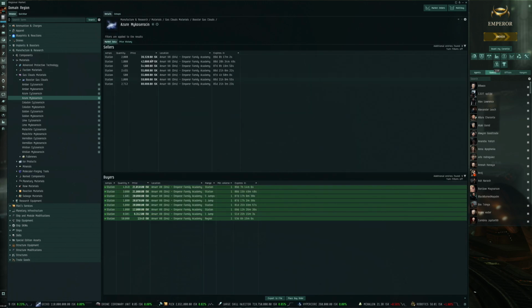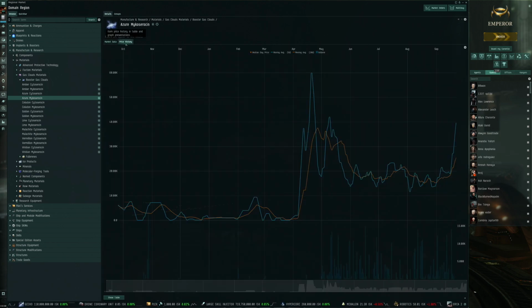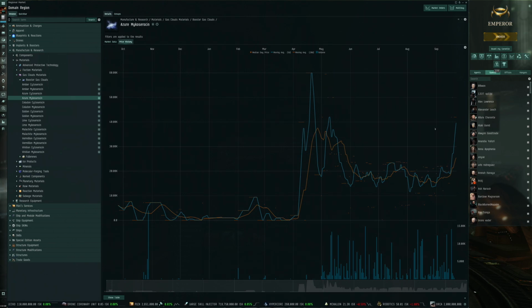Sellers are at 40,000 ISK, buyers at 21,000 ISK. Crazy spread. But again, very big increase in price here happening in September. For me, again, this is tied to the industry changes, and this is showing that industrial activity is starting to pick up. I personally believe that everything here in the first part of April that has caused this rush